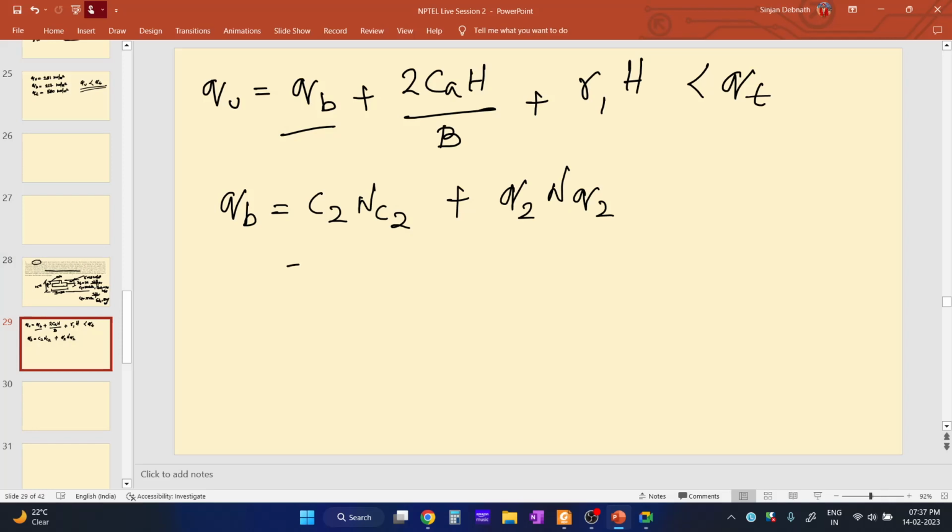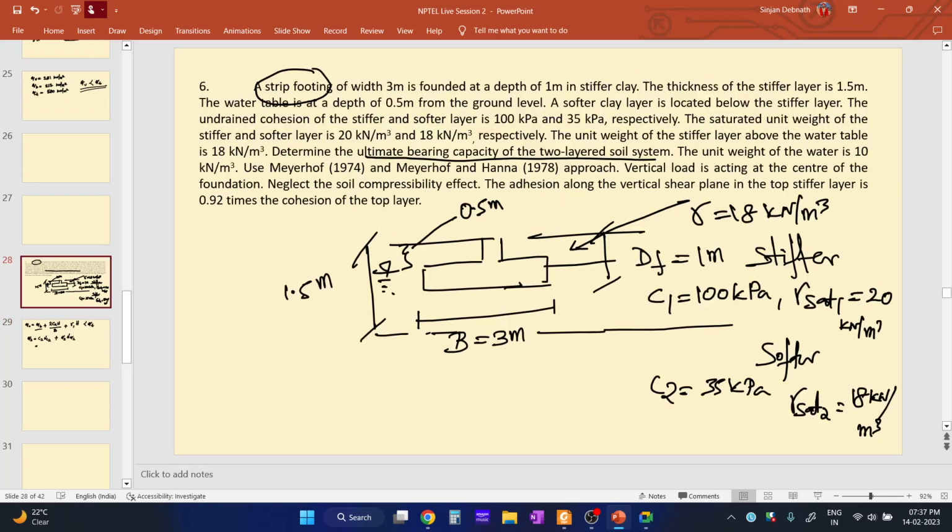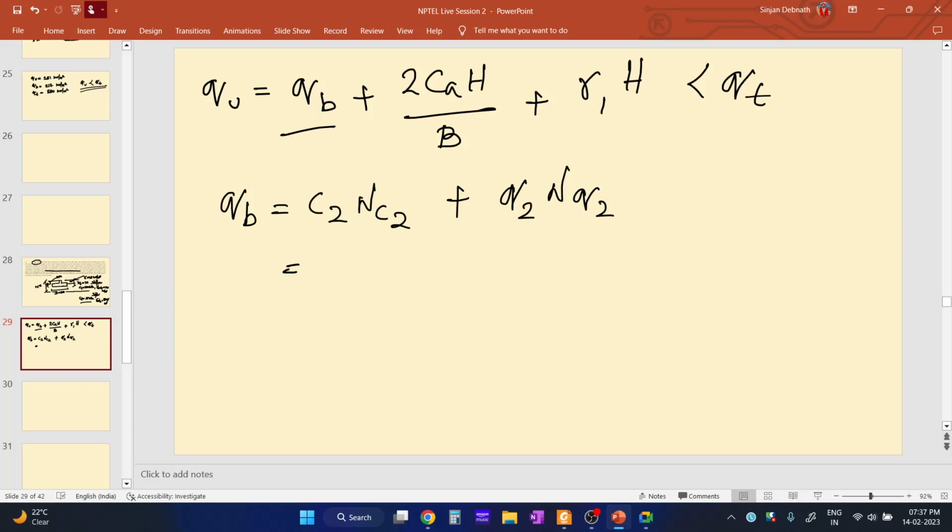So you know the value of c2. What is the cohesion of the second layer? The cohesion of the second layer is 35 kPa, the softer layer. So 35 into Nc2. This one is clay. So in case of clay soil, Nc is always equal to 5.14 and Nq is equal to 1 and N gamma is equal to 0. Okay, so Nc is equal to 5.14